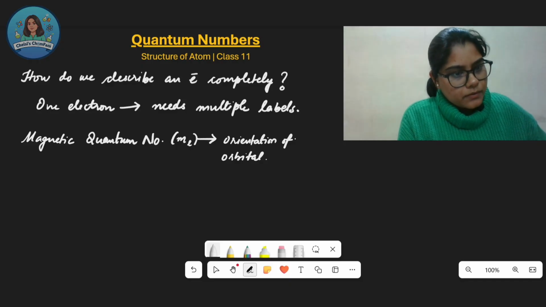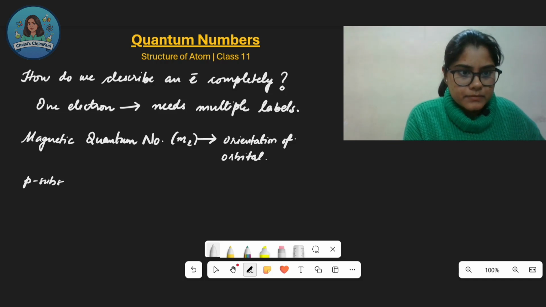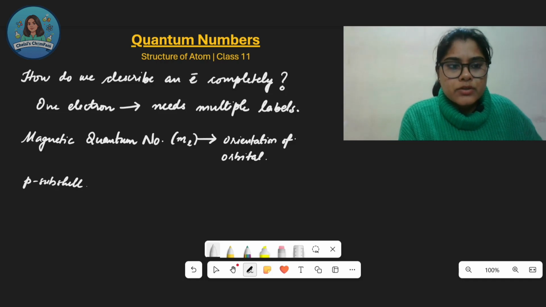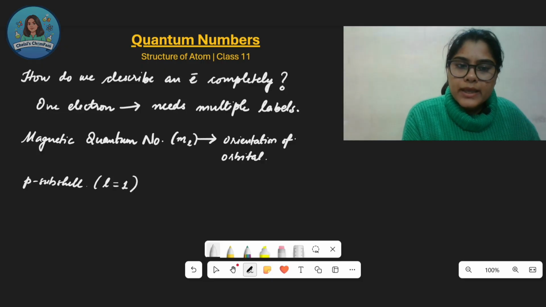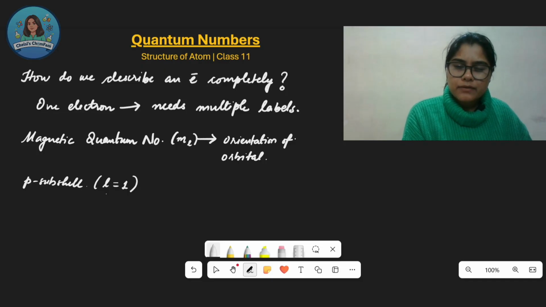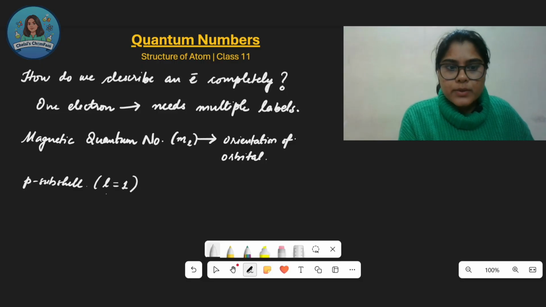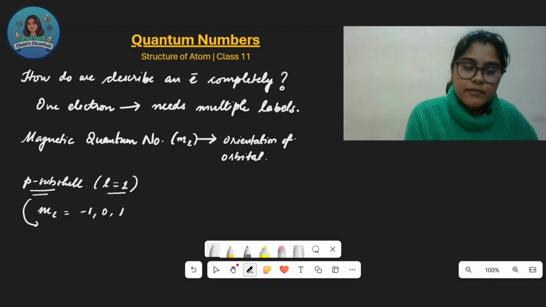So here we will take a simple example. You remember the p subshell, right? So this was for l equal to 1. Now based on l, ml can have a certain number of values. I'll just write the possible values for ml here. How, when, and the limits we will discuss towards the end, that will be better. So just for the time being, you consider this. For l equal to 1, the possible ml values are -1, 0, and 1, which means that the p subshell will have